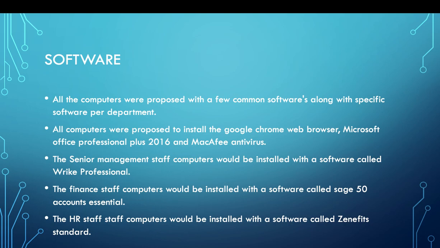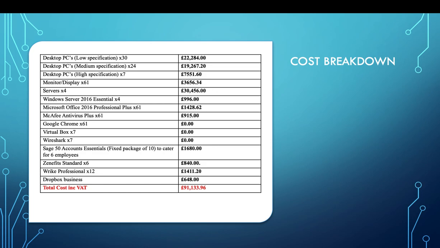And the HR staff were installed with a software called Zenefit Standard, and the main base of this software was to help with recruiting and to generate reports. As you can see, this is the cost breakdown of the entire network, and the total came to 91,000. So this included the computers, the monitors and displays, the servers, the operating systems, the different softwares that would be used for each department, the softwares that would be used by all departments, and the cloud storage that would be